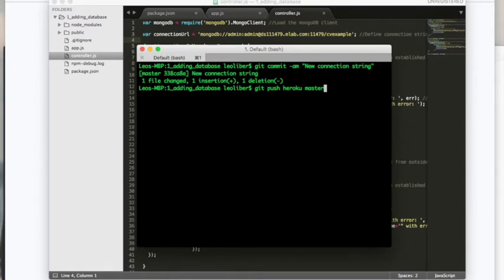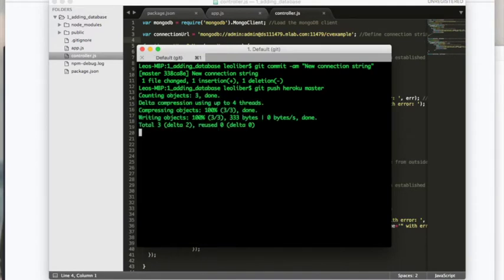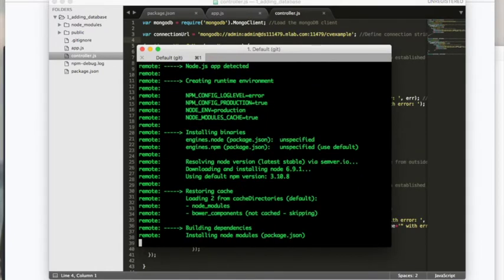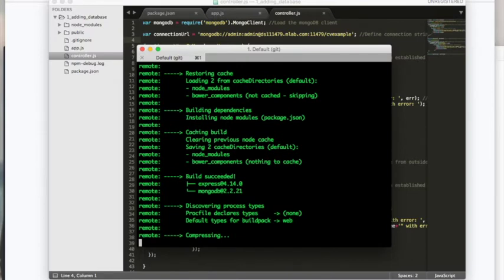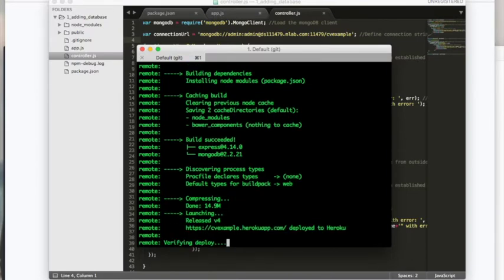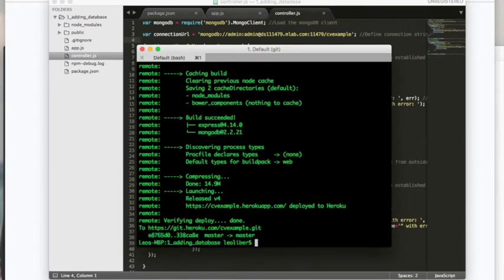So git push Heroku master, just like we did previously. And launching. Great. So if we now head over to this URL again,